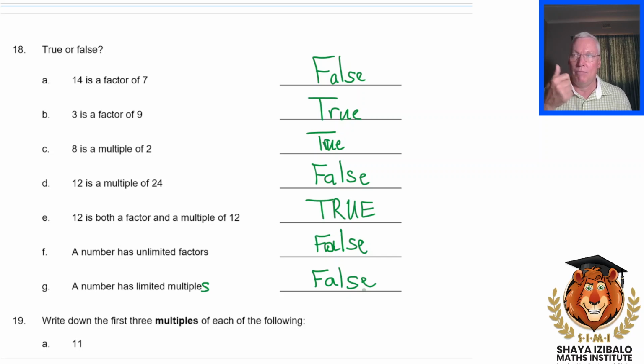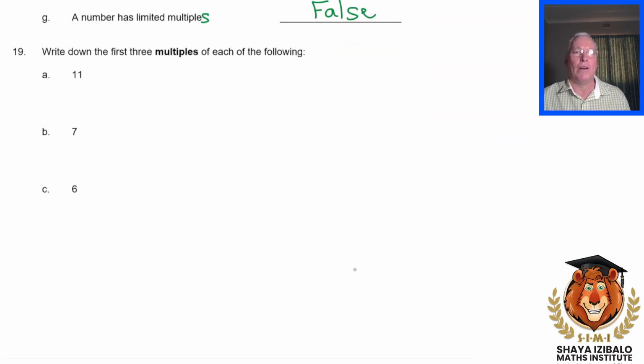10, 20, 30, 40, 50, 60. Do I need to stop? Is there an end point? No, there's no end point. All right. Okay, so now we're going to ask you to write down the first 3 multiples of each of